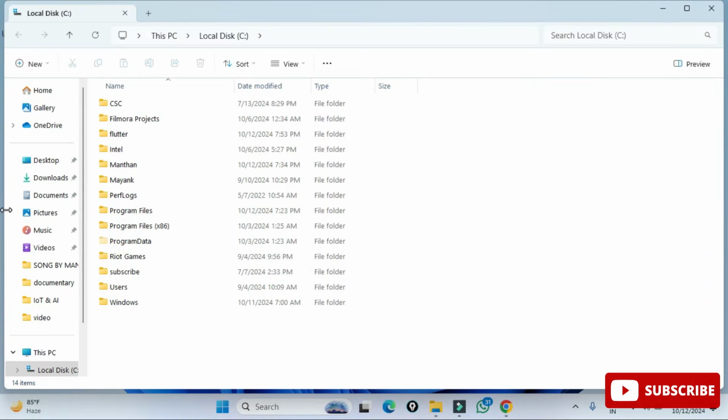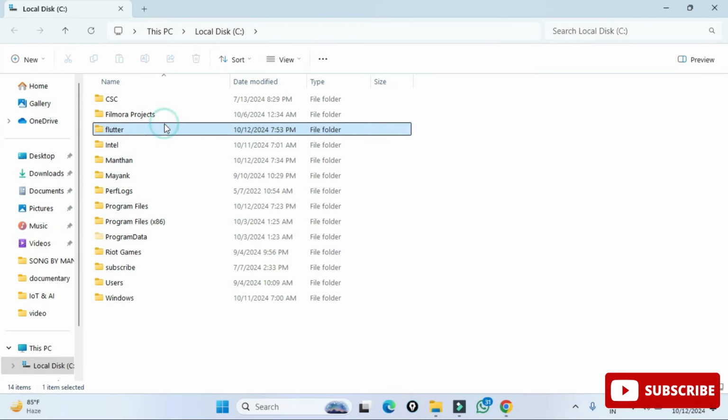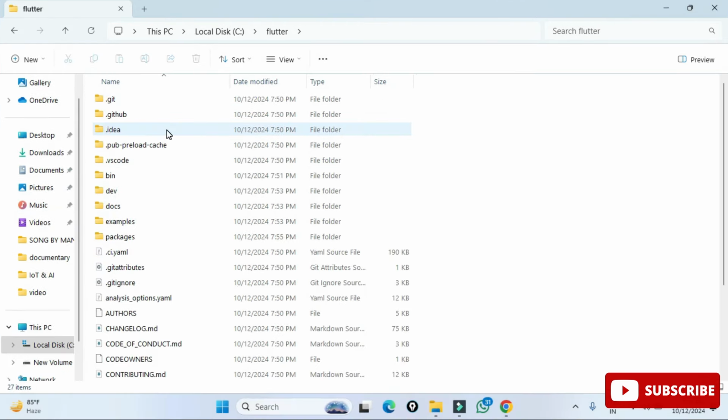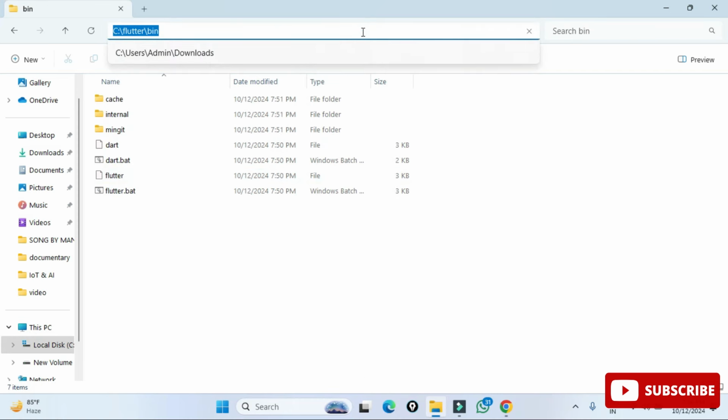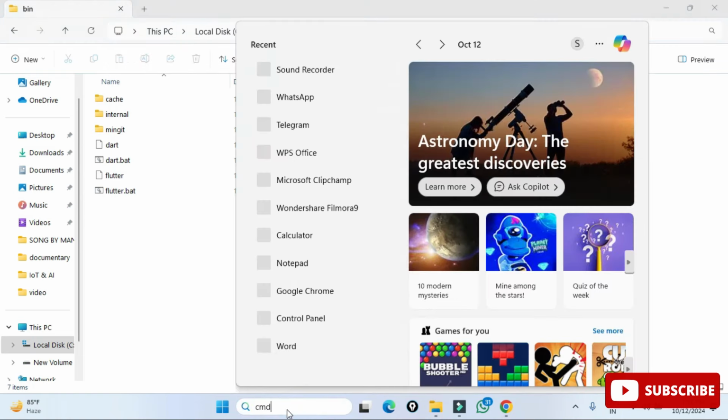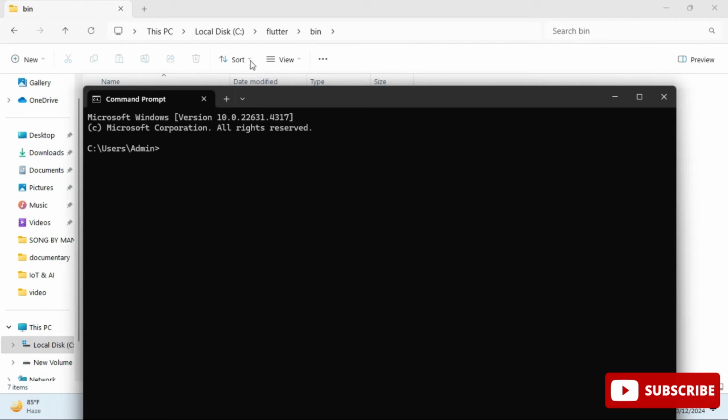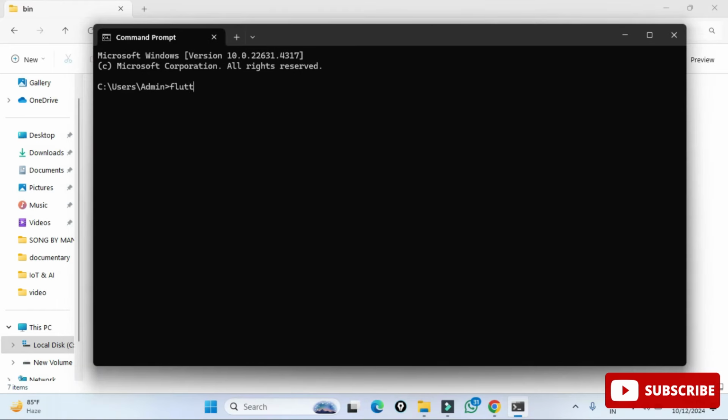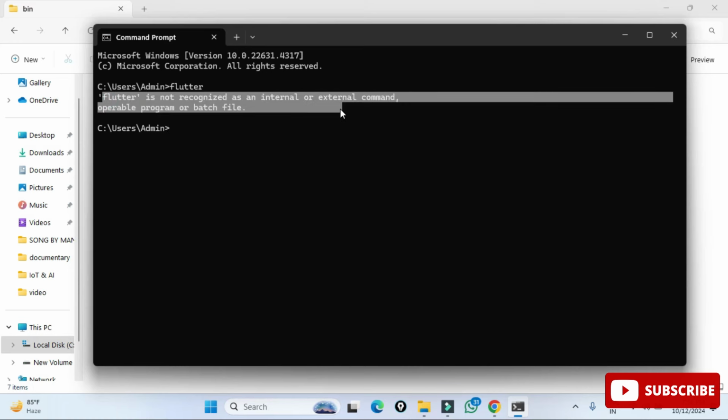Now the next step, number 2, you have to set this path into the environment variable. Why set the path in the environment variable? Because we are going to use the command prompt, and if you don't set the path, then the Flutter command will not be recognized by your command prompt. To avoid that error, we will be setting the path. Here you can see I'm starting the command prompt, and I'm typing flutter, and you can see I'm getting an error: Flutter is not recognized as an internal or external command. This is the error you get when you don't set the path. So let's set the path.